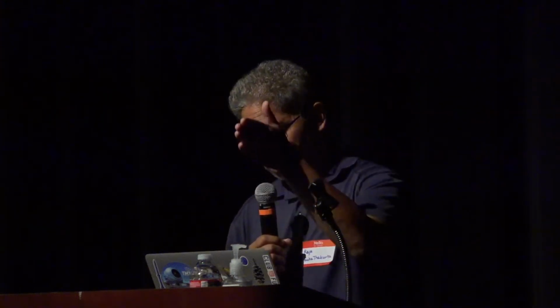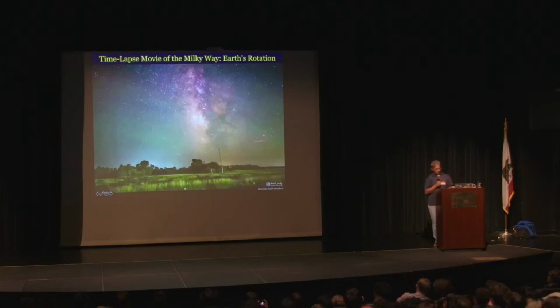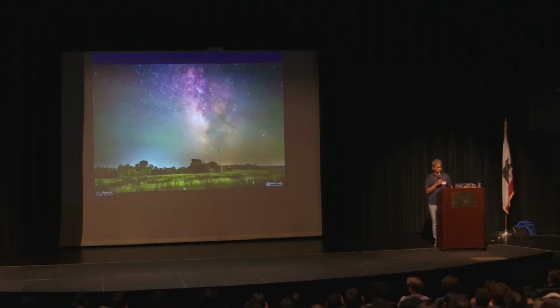I want to show you another video of the Milky Way. Again, you see the Milky Way as a vertical band of light, but also dark patches of clouds of gas and dust. And this time, it's a time-lapse movie of the Milky Way taken by Arya Nirenberg. But what Arya did was, as the sky appeared to rotate because of the Earth's rotation, he kept the camera fixed onto the sky. So because the sky appears to rotate, your camera has to rotate in order to do that. So if I remove the label, you can see what happens.